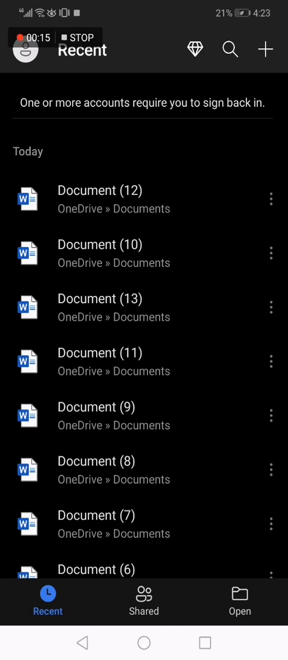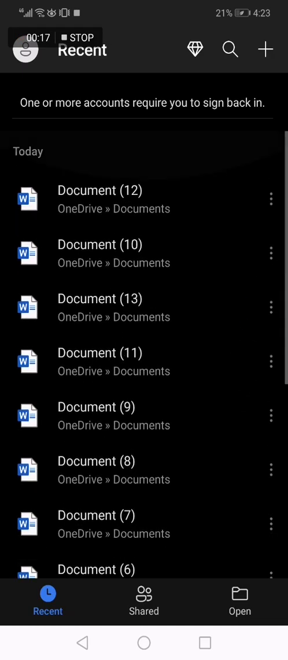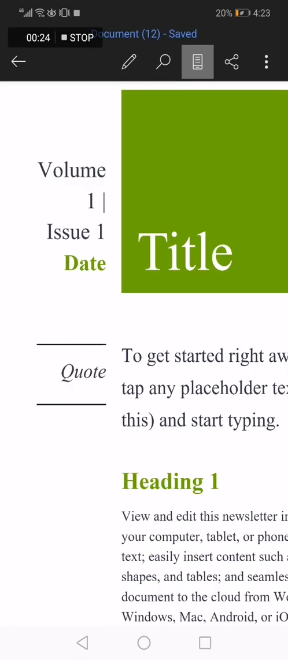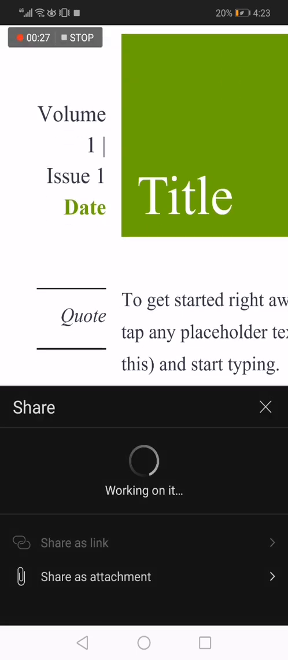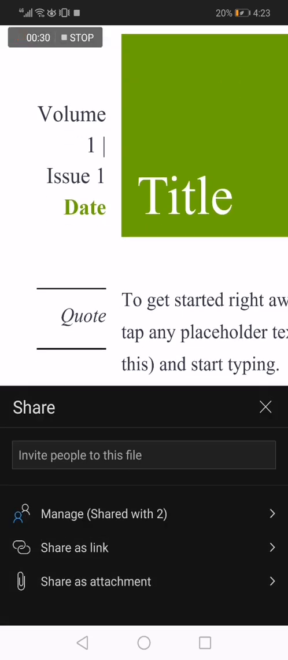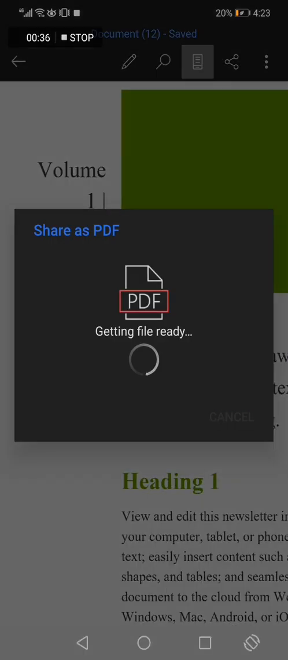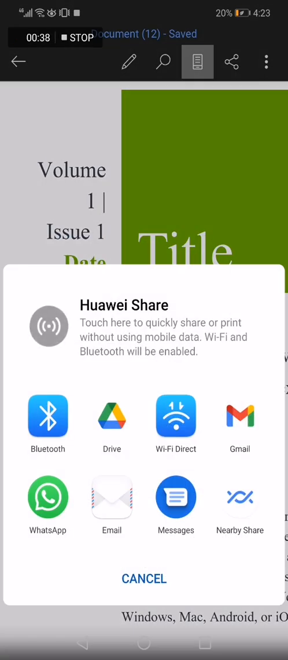So all you have to do is go to Word and choose your document, for example this one right here, and click on it. Then go to the top here and click on this little icon. Click on it and now click on share as attachment. Now click on PDF and wait a few seconds, and now you are able to share it in whatever you want, WhatsApp or Drive